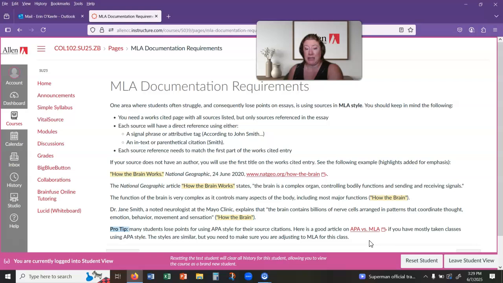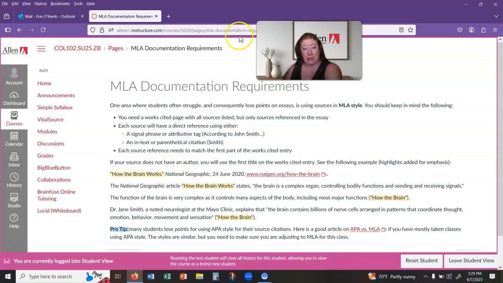However, you have to pay attention to what you're doing. And so you have to adjust how you're presenting the style in order to meet the requirements. So for example, in APA, you use years. You put the year in the parentheses. In MLA, you do not. And so that's one of the major things that I see students doing, if they're using some kind of program, since APA starts with A, that's the first option that pops up. They just copy and paste that without even paying attention to whether or not it meets the requirements. So you want to make sure that you're doing that.